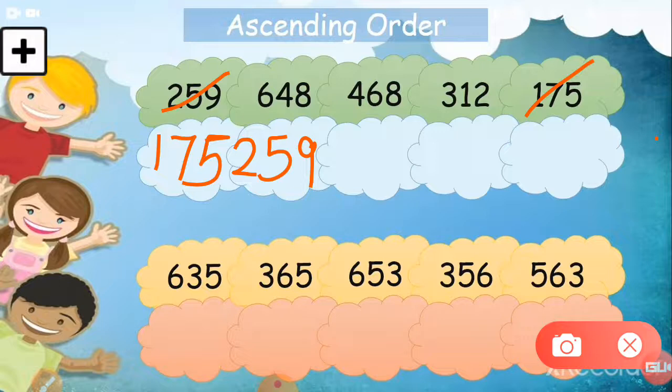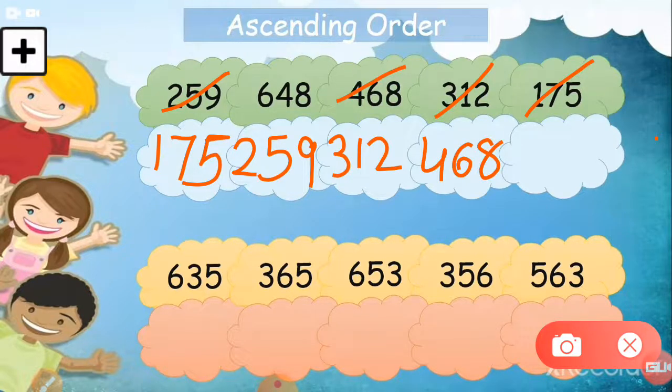Now we have just 3 numbers. Check the hundreds place. Here is the 3. 3 is the smallest number here, so we take that number. Now there are only 2 values. Check the hundreds place again. 6 and 4, right? So 468 is the smaller number, and the last one has no need to be compared with any other number. This is the last number, and this is the answer. You have to note it down, students, so you can easily understand what I'm trying to explain to you. So this is the ascending order.